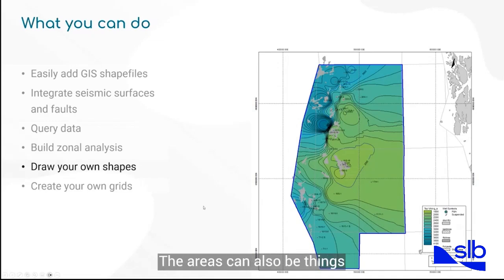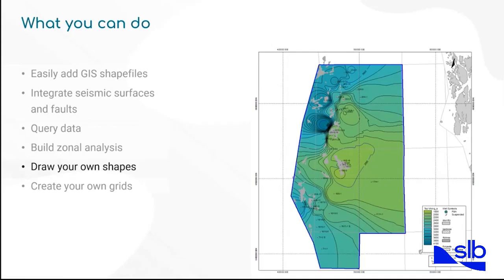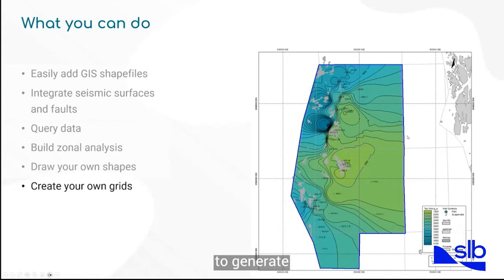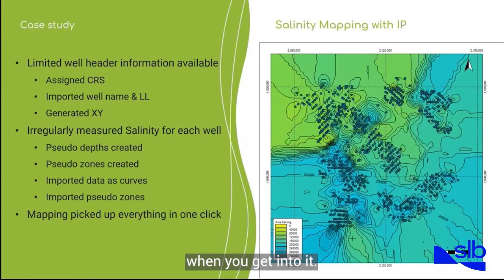Now, that's just one use of it. The areas can also be things like highlighting where a water flood front might be, or your idea of actually, I think there might be a fault in here, or this area is all lacustrine facies. I'm going to do a shape around there. The idea of being able to generate these shapes that can be lines, it can be polygons, are entirely up to you and what you need to highlight on your map. So really quite powerful when you get